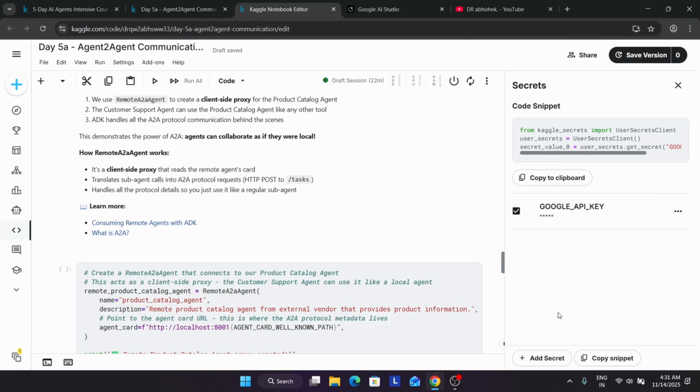Like when we are ordering anything from Amazon, the app acts as a remote A2A agent. You are not at the place where the item is coming from. You remotely sit at home and just order the item, and then it comes directly. For example, you order a pizza, you add to cart and then order now. So you are just interacting with the app on our phone, basically the client side. Now the app, the remote A2A agent, handles the complete stuff.